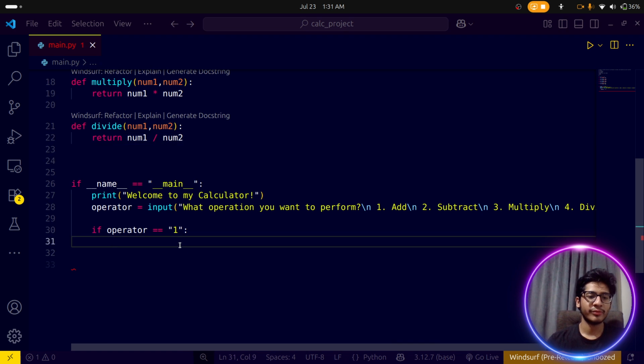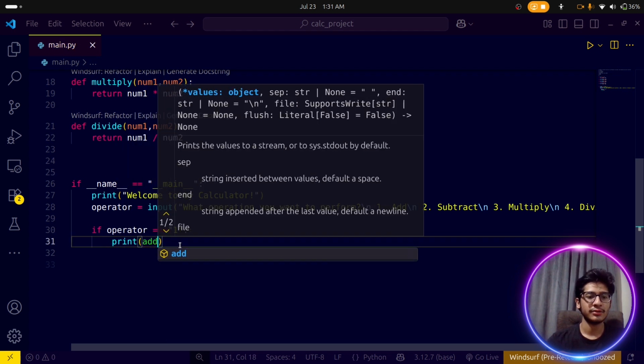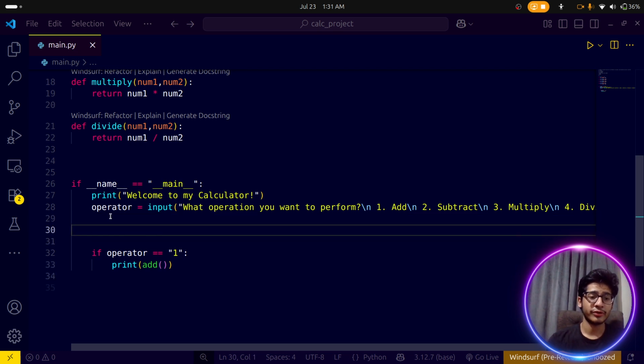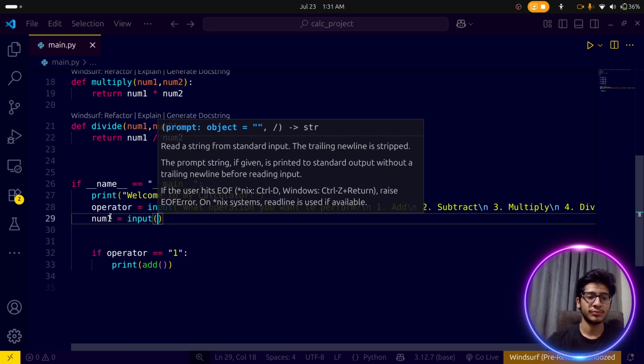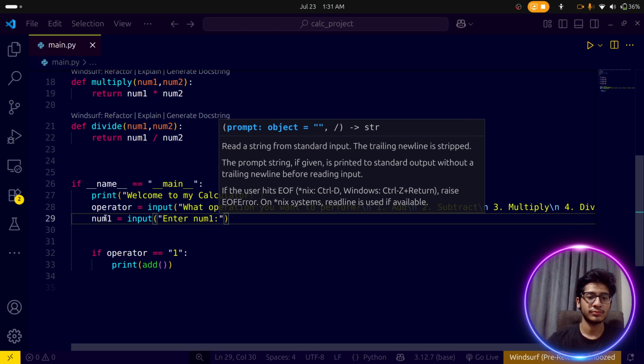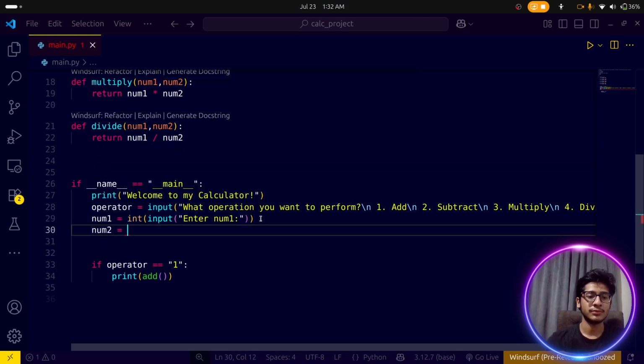Now if operator is equal to 1, I will just write print addition add. And after taking the operator, we also want to take the input of numbers from the user. Okay, num1 is equal to int input, enter num1, and this will obviously be an integer input. Okay, num2 is equal to int